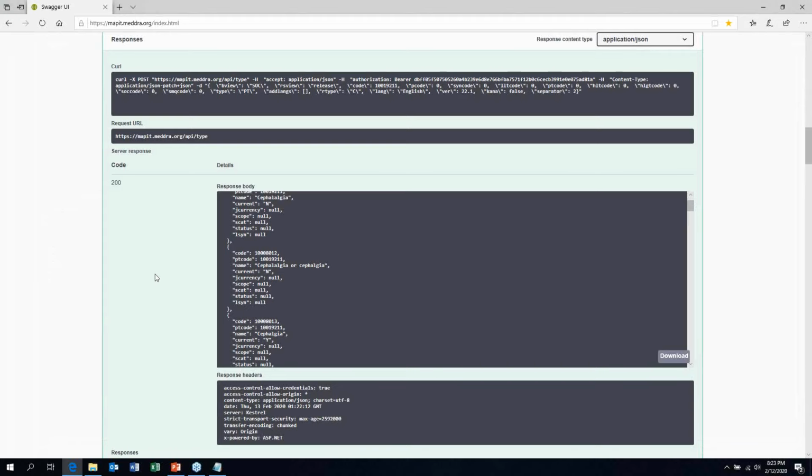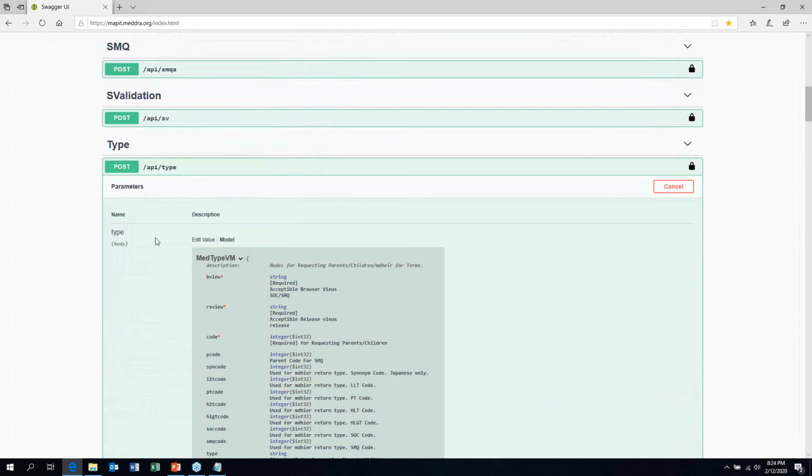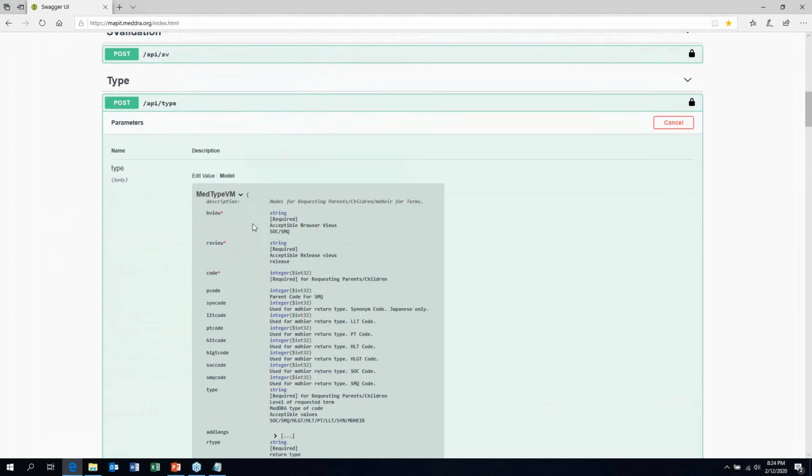Right, a couple things I'll point out in addition. So I mentioned earlier there's high-level documentation or information about the request and response models in Swagger. If you click this model link here, these are the various parameters associated with this API and a little bit of descriptive information on what they mean. Now the details are in that programmer's guide, so I encourage you to use that, but this can be a very handy reference.